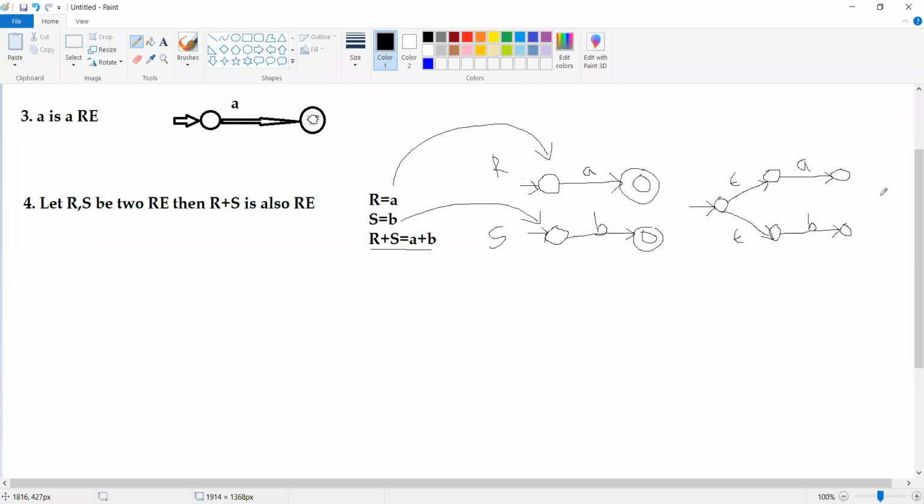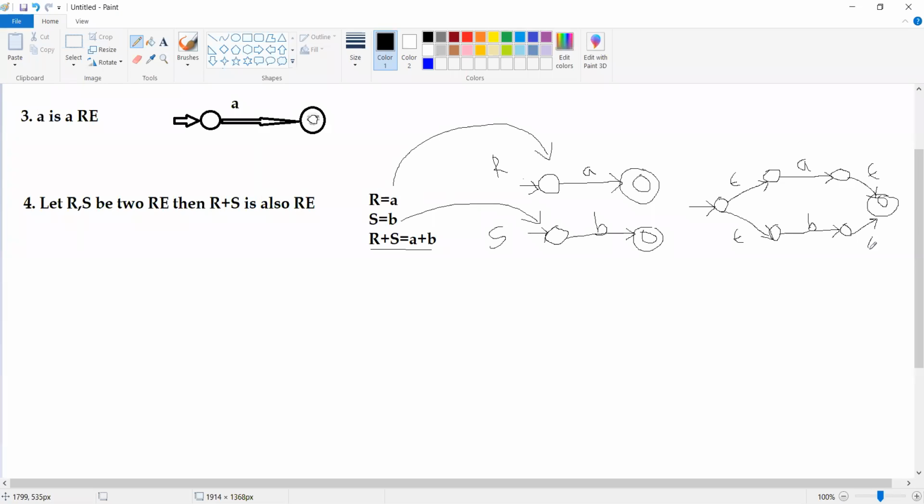Along with the new initial state, I am going to have a new final state also. From the old final states of each finite automata to the new final state, I am going to have epsilon transitions.